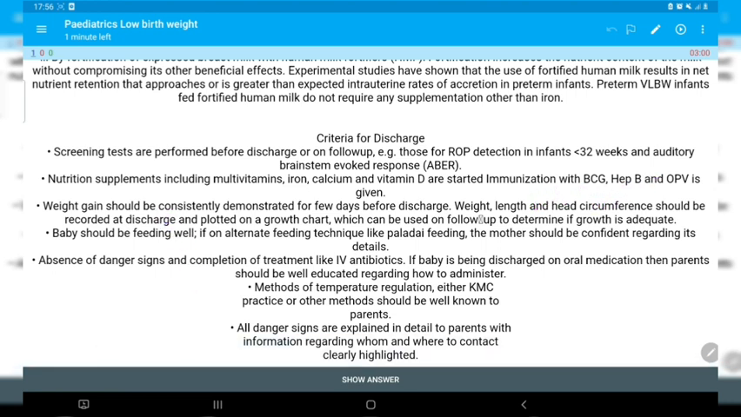Weight gain should be checked, recorded and plotted on the growth charts, and needs to be followed up. The baby should be feeding well, with absence of danger signs. And also we have to give the mother confidence. She must be taught about everything, and should be confident regarding the details of feeding. We have to check for danger signs in neonates. Methods of temperature regulation, such as KMC practice or other methods, should be well known to parents. All danger signs are explained in detail to parents, with information regarding whom and where to contact clearly